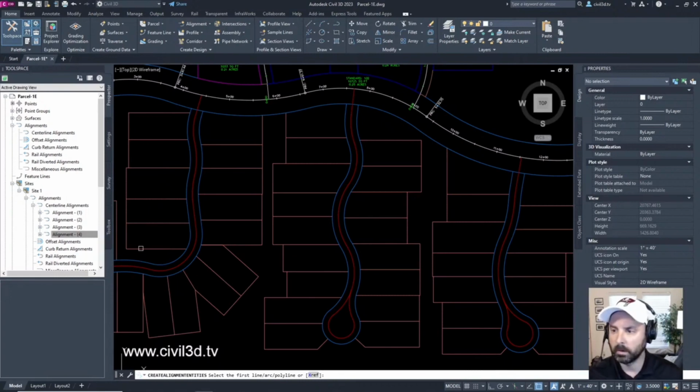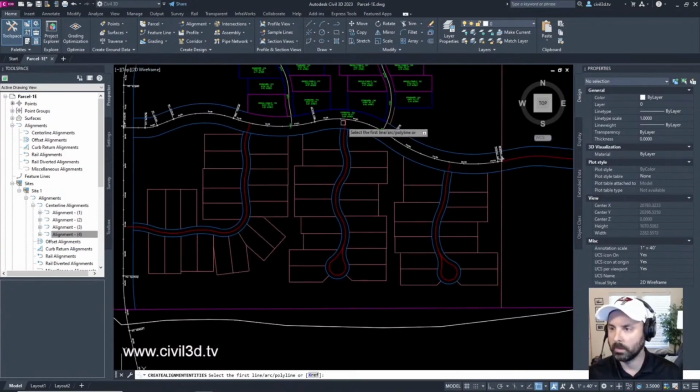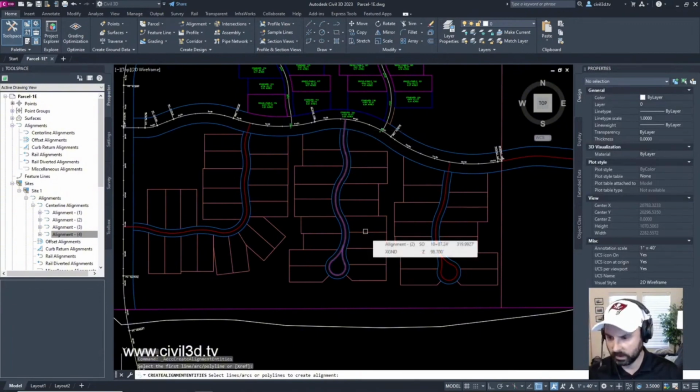The lower middle. We've got several here. Yeah, we're going to go with this one. Then press enter.